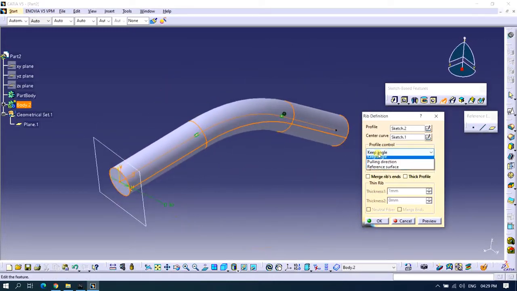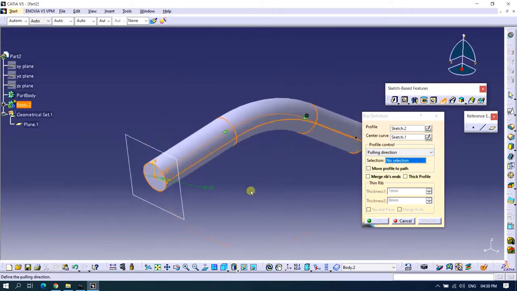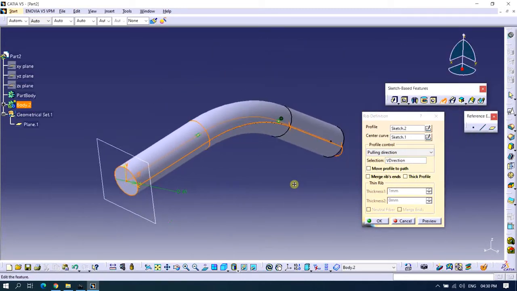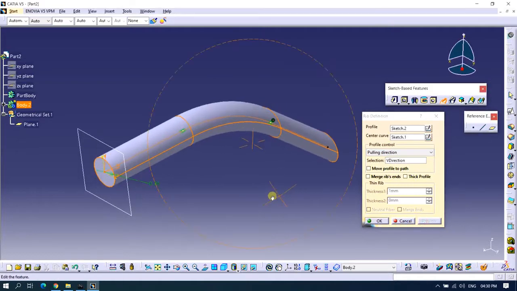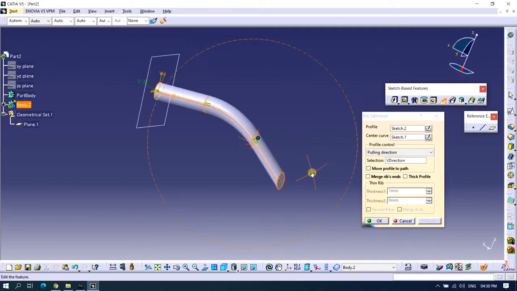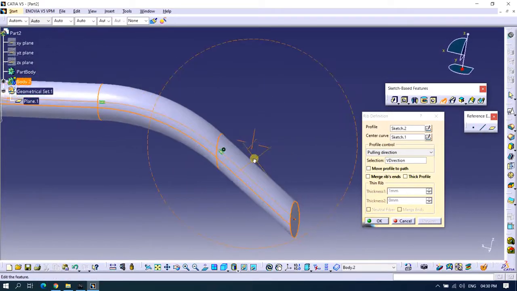So we'll now see the second option, that is pulling direction. I will select pulling direction as vertical axis. So now if you see the preview, the cross section changes along the curve.